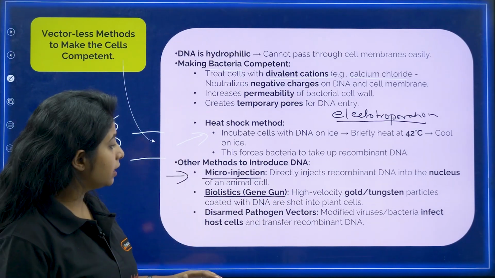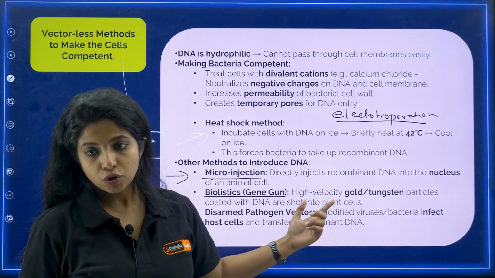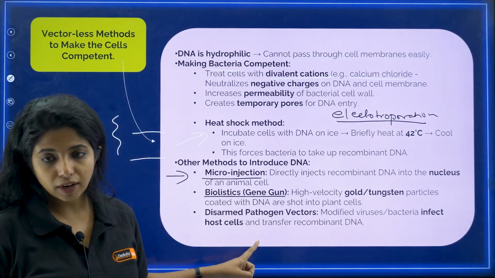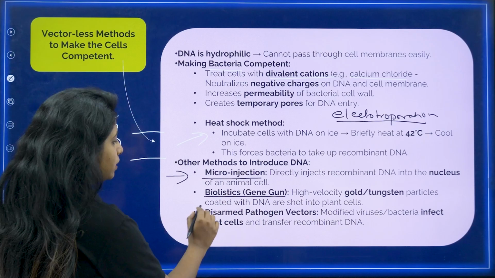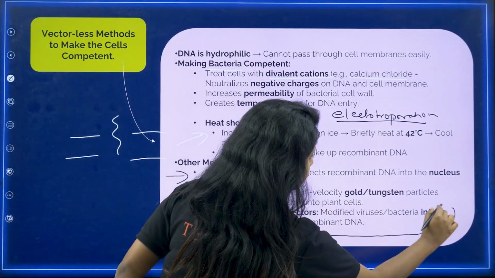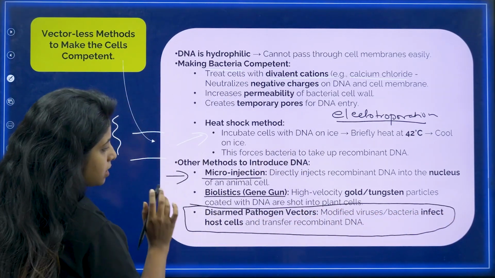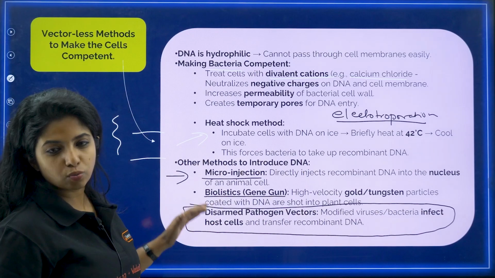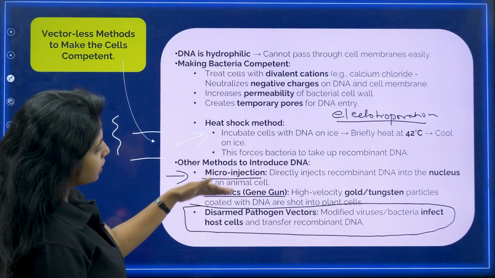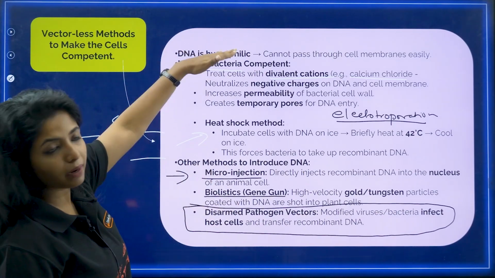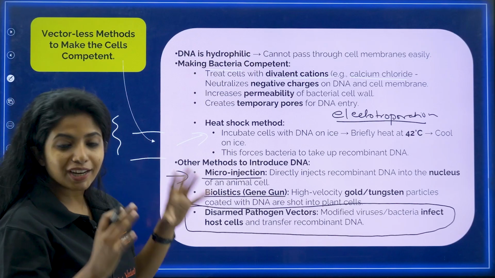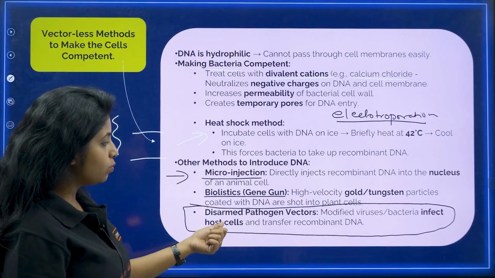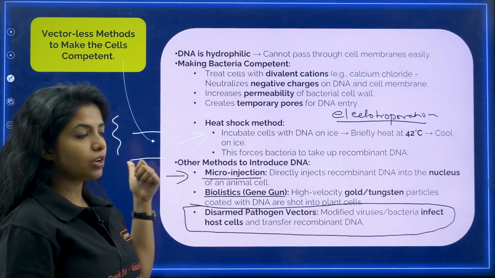Cool. Now the third thing is disarmed pathogen vectors. So modified viruses and bacteria infect host cells and transfer. This is not a vectorless method. Over here you need a vector. So this is something else. As I said, this is just one way. These all things that you saw from here to here, my dear children, they all are vectorless methods. Now if you want to use vectors, you can use disarmed pathogen vectors,